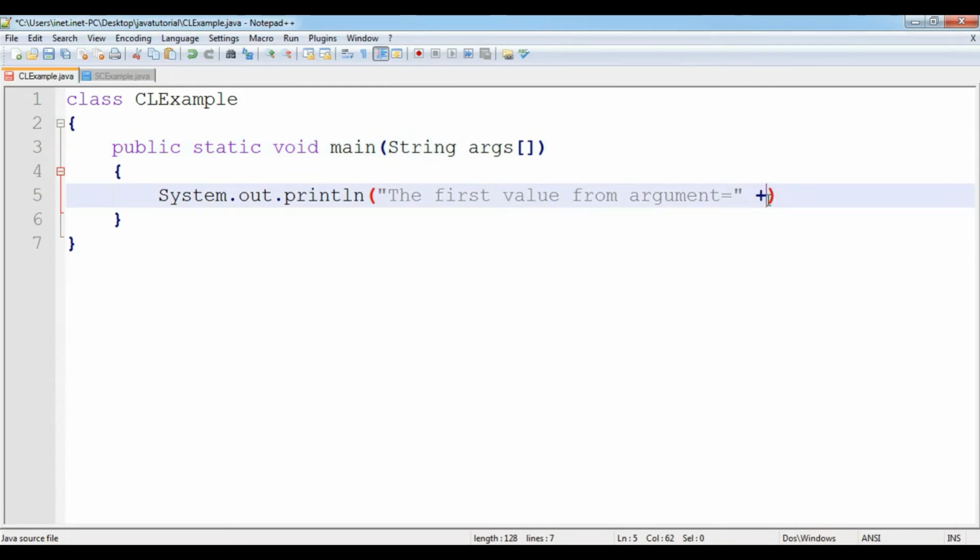Suppose I write args of 0, meaning the first value that you pass in the command line argument. I simply write: the first value from command line argument is equal to, plus args of 0. Meaning at the console screen the first word that you pass will be stored in this args of 0.